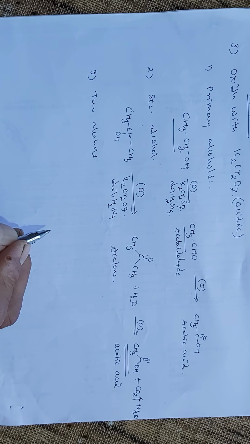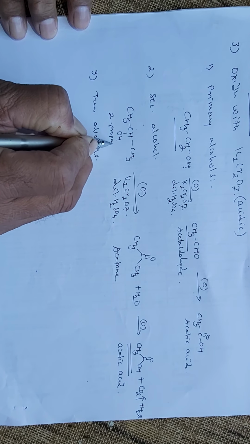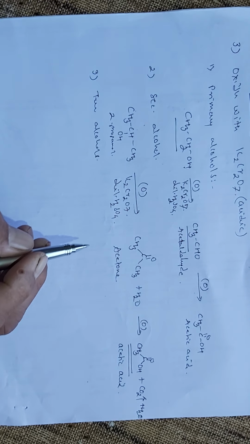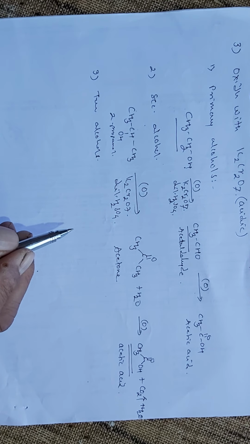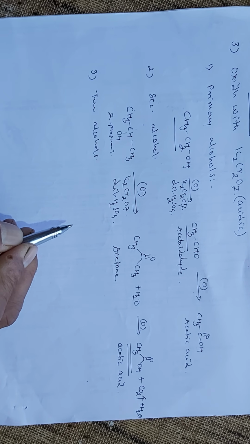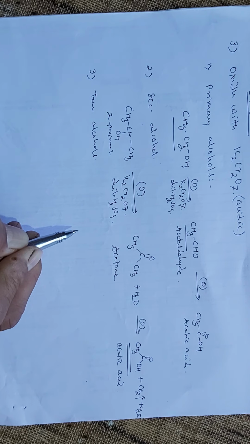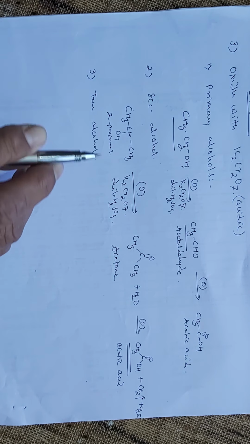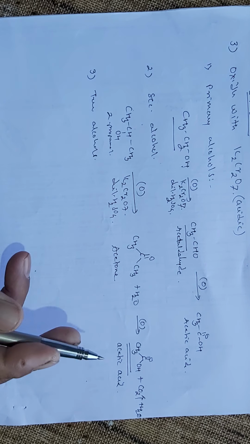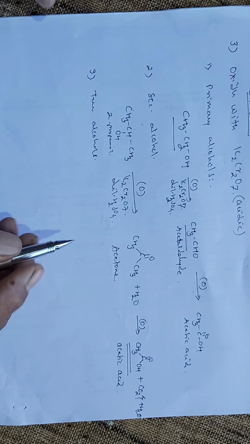But if the oxidation of a secondary alcohol, that is 2-propanol, is carried out in presence of K2Cr2O7, we get the ketone with the same number of carbon atoms, which on further oxidation gives you the carboxylic acid having one carbon atom less as compared to the starting compound, that is 2-propanol. In 2-propanol there are 3 carbon atoms, and in acetic acid there are only 2 carbon atoms.